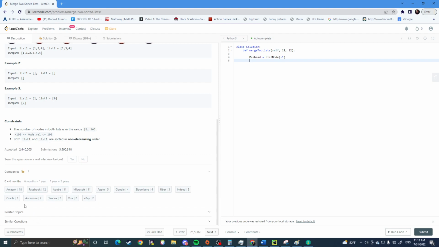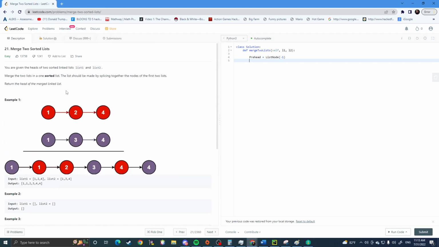I'm trying to figure out. Okay, whatever. Then we need a previous, which will be set to prehead. Then we need to loop through the entire list because we can't index arrays. So we'll do while L1 and L2 exist, we're going to say if L1.value